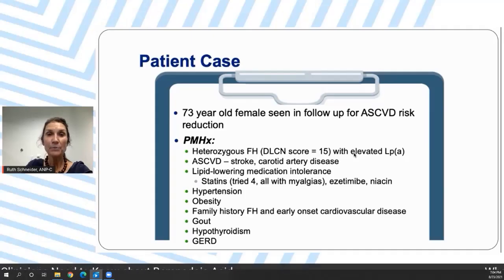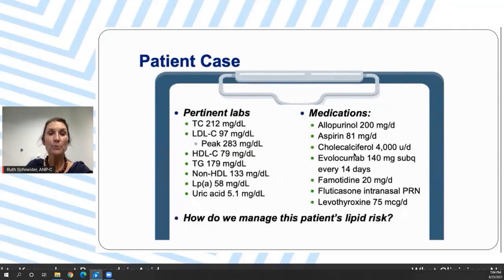She also has high blood pressure. She is obese. She has family history of FH and family history of premature cardiovascular disease. She has gout, hypothyroidism, and GERD. Her pertinent labs include a total cholesterol of 212, LDL-C is 97, her peak LDL previously was 283, HDL is 79, triglycerides 179, non-HDL 133, lipoprotein A is 58 milligrams per deciliter, and her uric acid level is